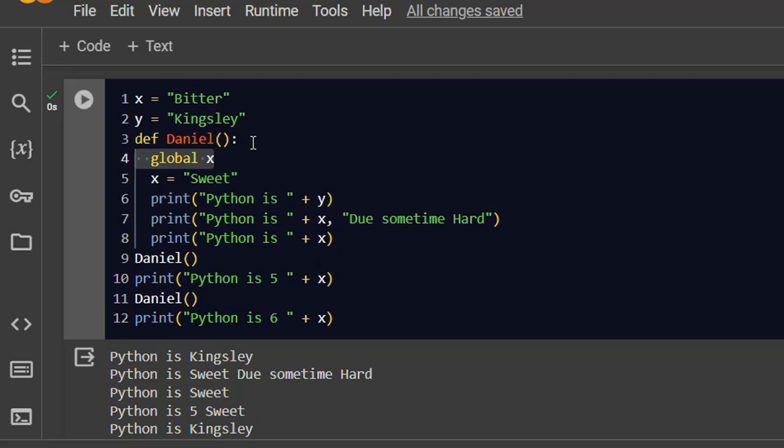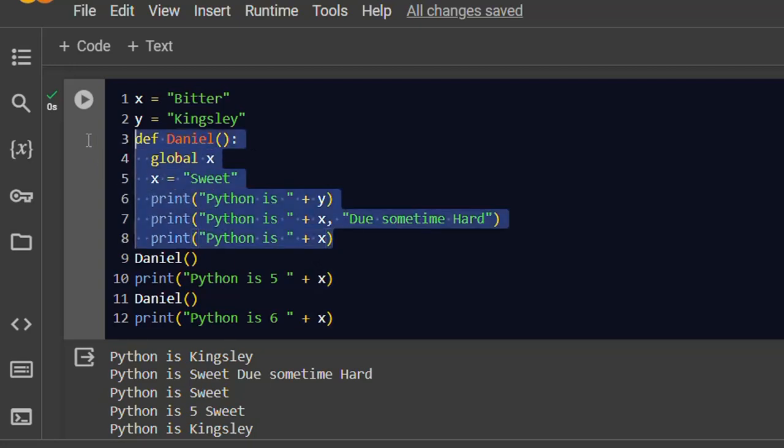Like from these four, from 4, 5, 6, 7, 8. Okay, you said all of them are in a loop. Yeah, it is under this function of Daniel. So just like I said earlier,